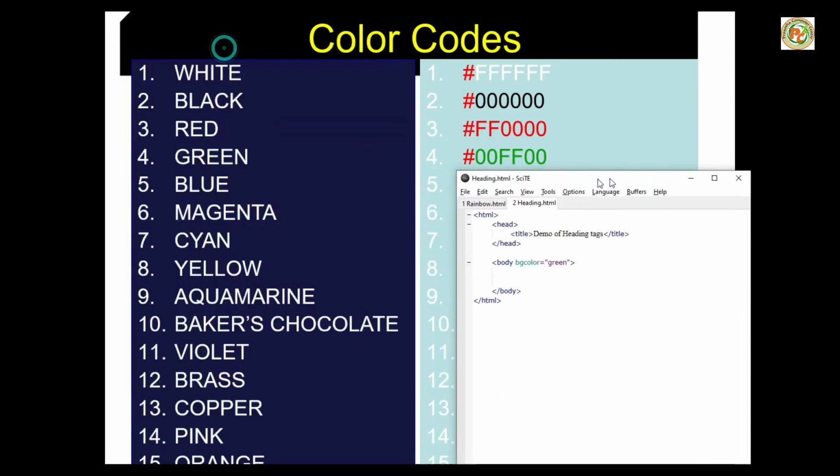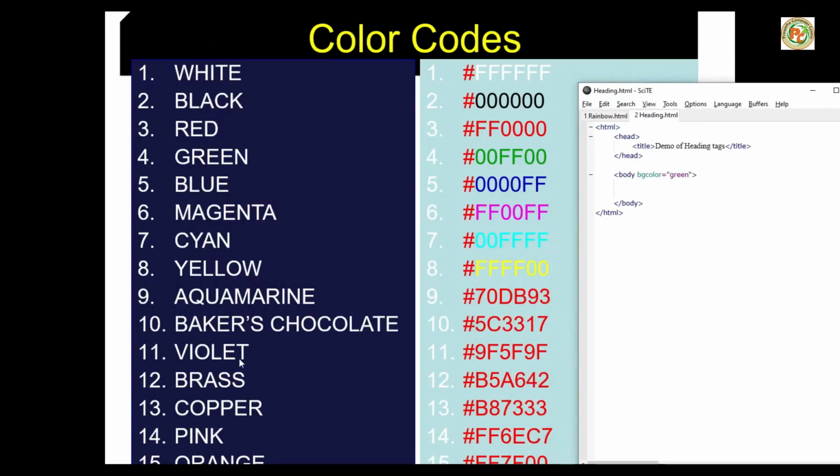If you want a color like cyan, we type a hash sign in front, followed by double zero, then double f, first double zero and 4 times f. Now press Ctrl S and F5.